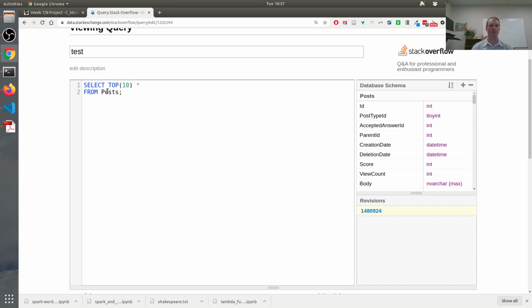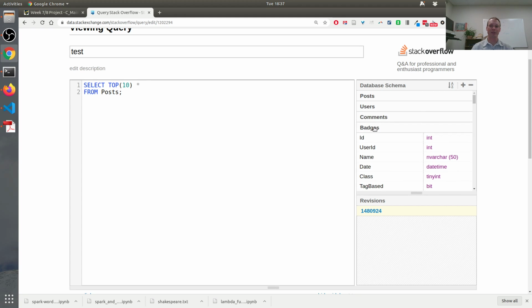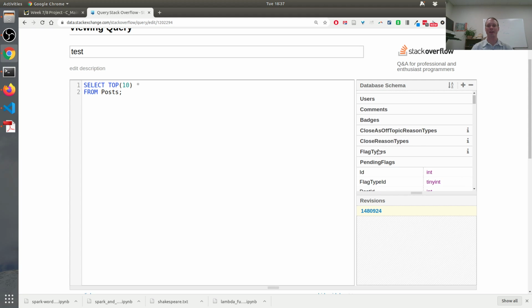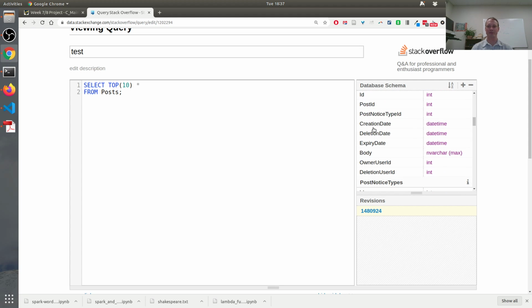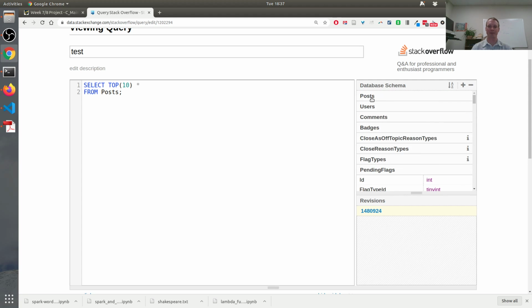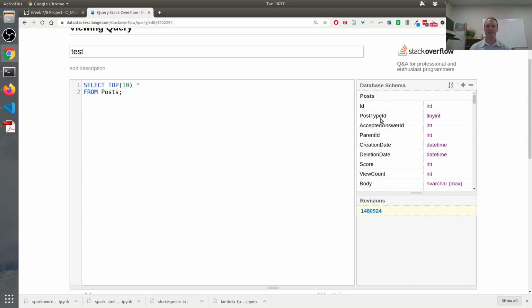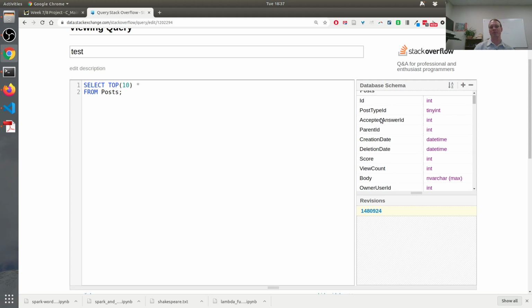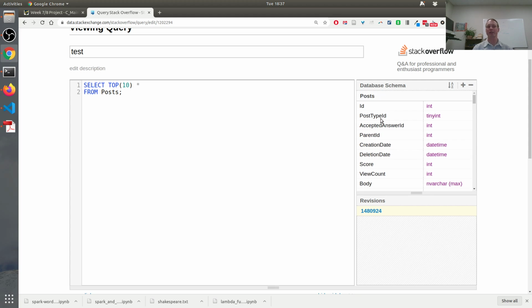Star, of course, selects all columns, and then from gives us the actual table we're using. So if we look on the right side here, we can see we've got our database schema, and we can see all these different tables in here. There's a ton of data, just an enormous amount of data. You really only need to stick to the posts table,